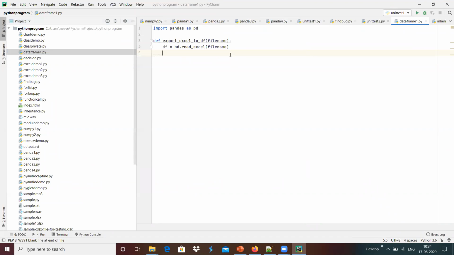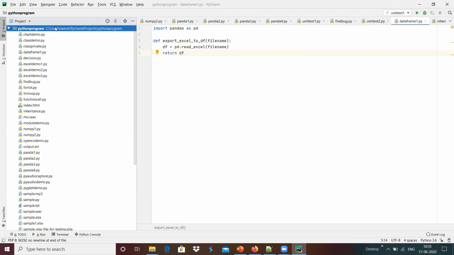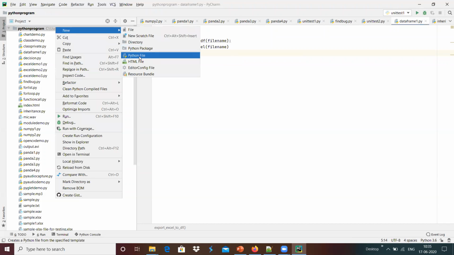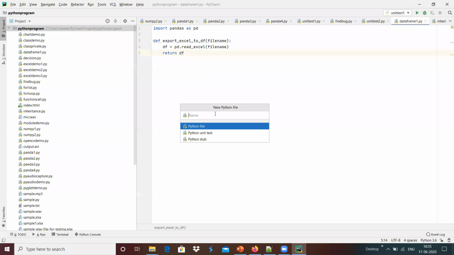I'm going to return df over here, and maybe we can use this to call another test case, something like unit test case 3. I'm going to define unit test case 3 over here, in unit test 3.py.